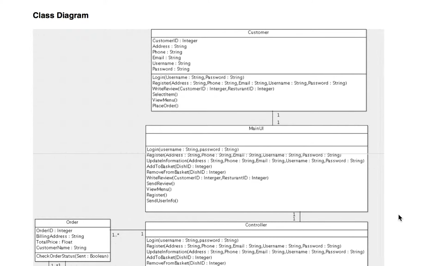So lastly, I have my class diagram. This is rather large, and I will talk through each table step by step. So firstly, the table customer holds information a user has entered to register. It also shows the operations they will be able to perform, such things as logging in, selecting items, and viewing items. It will have a one-to-one bidirectional relationship with the user interface, which stores all the operations that the user